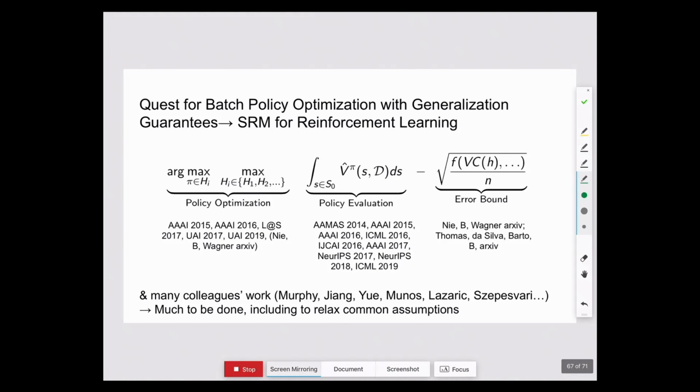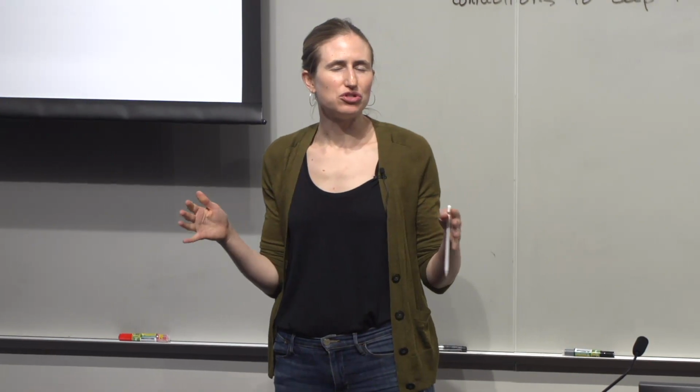So I just want to highlight, I think there's a huge amount of work to be done for structural risk minimization, and thinking about this general issue of counterfactual reinforcement learning, and also accounting for other issues like confounding, or interaction effects, which are super interesting. It doesn't come up in my application domains a lot, but for my colleagues that collaborate with Uber, it does. What this means is that my probability of treating someone doesn't affect somebody else. Probably in healthcare, that's mostly okay, but not if it's like a virus outbreak. And if you're trying an incentive mechanism on Uber drivers, then they often talk, and so you can't assume that individual treatments are totally independent.